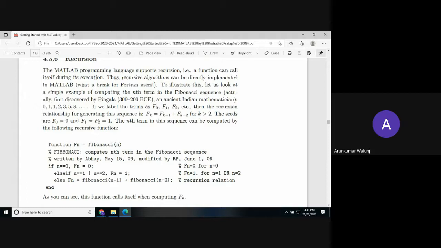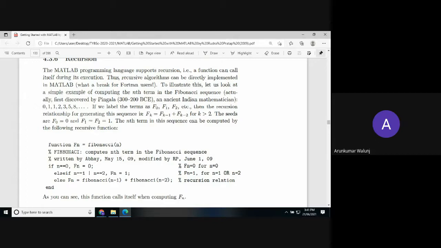We write a function, and inside it we call it time and again with modified parameters. The recursive algorithm we have discussed already in C programming can be easily and directly implemented in MATLAB also, even though very few languages support this advanced feature, whether Fortran, C, C++ or whatever.